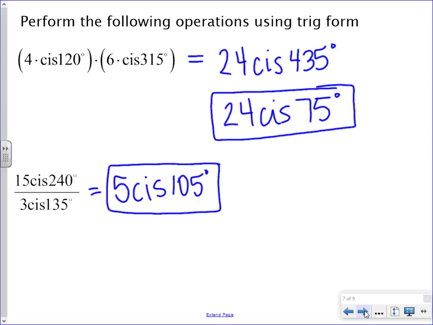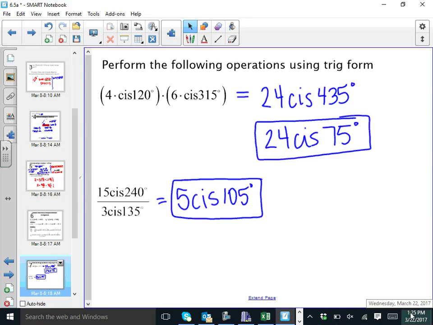Now I will warn you that there are a couple problems in the book where they will give it to you in standard form. You have to convert it to trig form, do this operation, and then convert it back. So it's like a few problems in one where you can compare how you do it in standard form versus trig form. Now, to practice the essentially 5 skills that we worked on today,